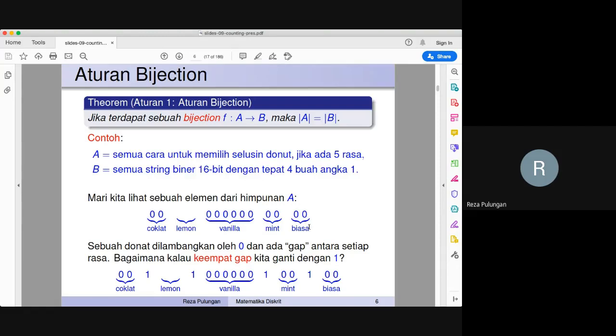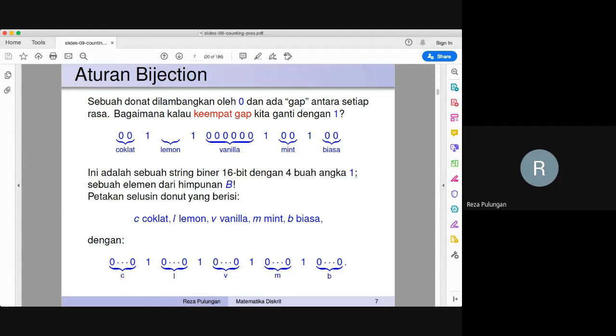It is not easy to write down this function formally, but you can tell the story of this function. Now, because this is a bijection, this theorem applies. This theorem basically says that the number of elements in A must be the same as the number of elements in B.